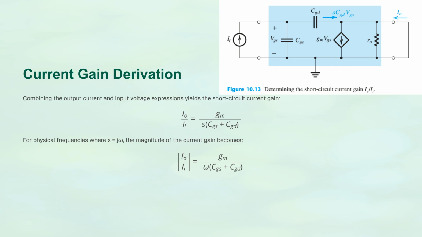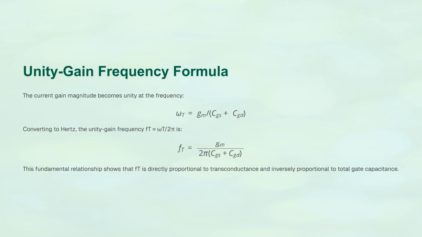Combining the output current and input voltage expressions leads to the short circuit current gain formula. For physical frequencies where s equals jω, the magnitude of the current gain simplifies to the expression shown. Setting the current gain magnitude to unity allows us to define the unity gain frequency, ωT. Converting to hertz gives us the final formula for fT, which is directly proportional to transconductance and inversely proportional to